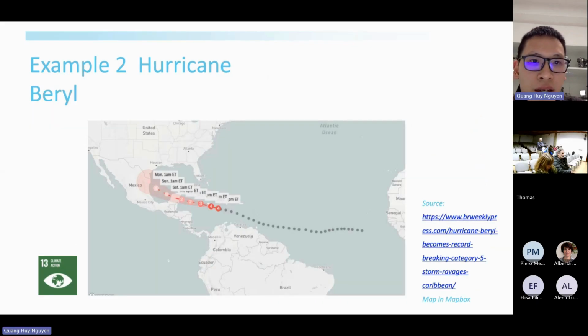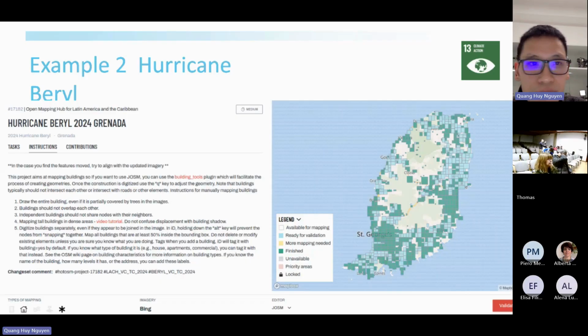So you can see here how the hurricane has developed through time. So yeah, actually, day by day, it has become bigger and more catastrophic, and it destroyed a lot of areas in the Caribbean area.